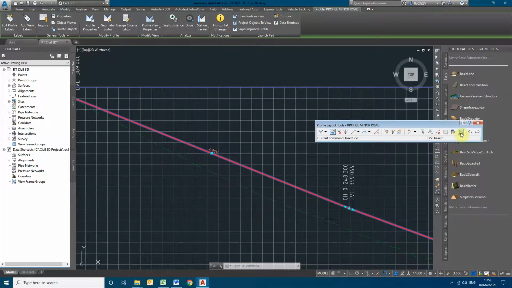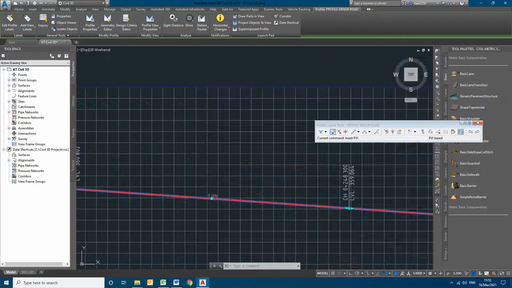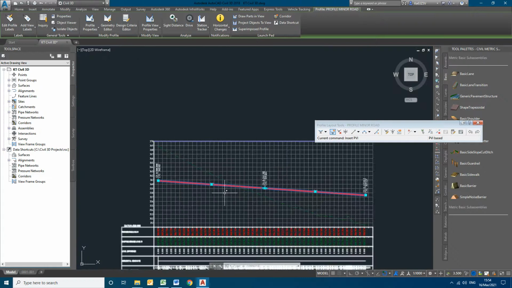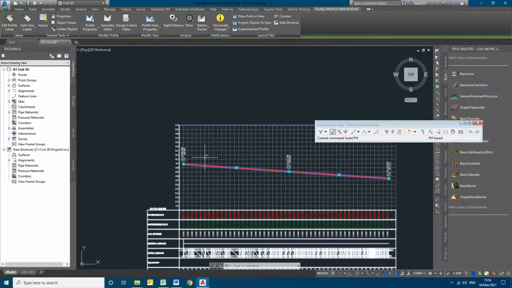So here I will make this profile elevation constant. Away from the junction, later we can make grade changes as per our requirement.